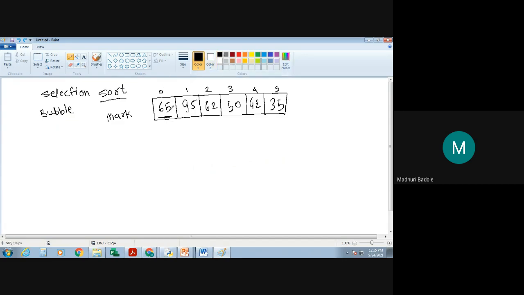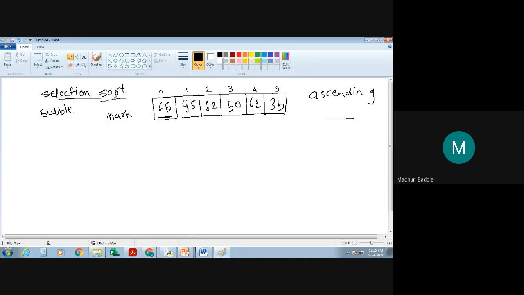Now see, this is the example where the array contains the percentage of the marks. Now in that array, are the percentages in sorted order? No, ma'am. No. Fine. So you have to sort these elements in ascending order because it is given in your problem statement. Now if you want to arrange that percentage in descending order, you just have to change the condition in the comparison. Fine.